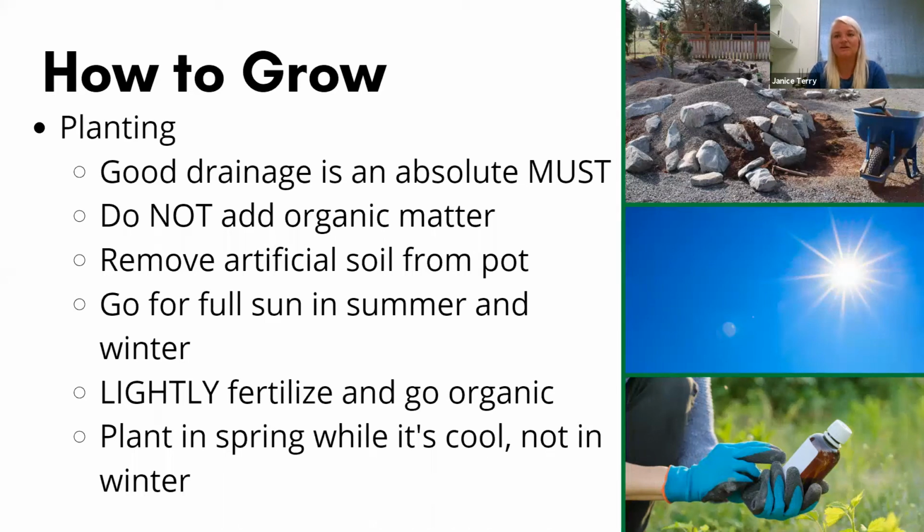So in the top picture, you can see that whoever this is, I don't know, it's just an image of someone creating what we call a berm. And the reason why this is such a good idea when it comes to growing cactus and succulents is because